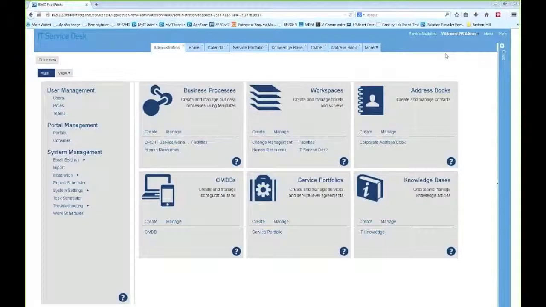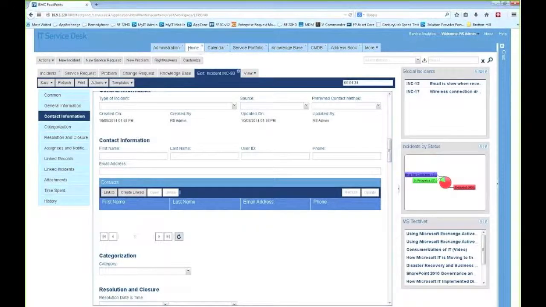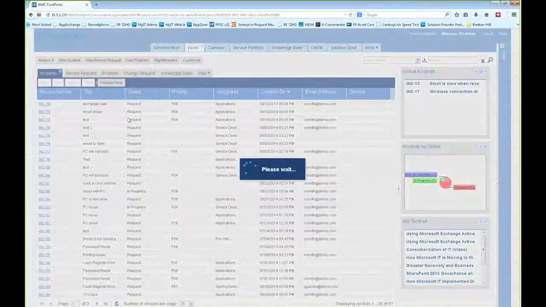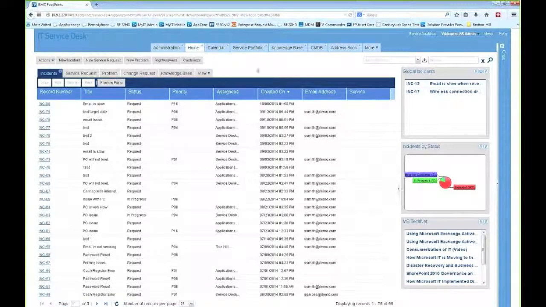I don't want to spend a lot of time in PowerPoint today just because our time is brief. But let's start off by looking at the incident record, and so specifically, you're seeing the home console here for a service desk staff member. And just keep in mind that all of this is configurable. So the list that you're seeing, or what we refer to as widgets, all of that is customizable